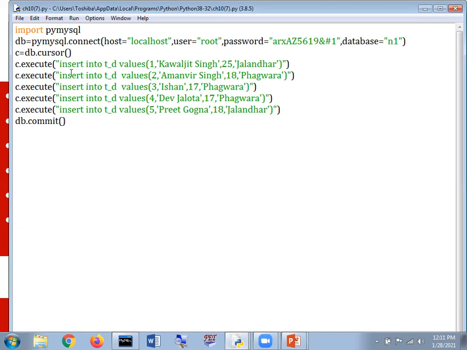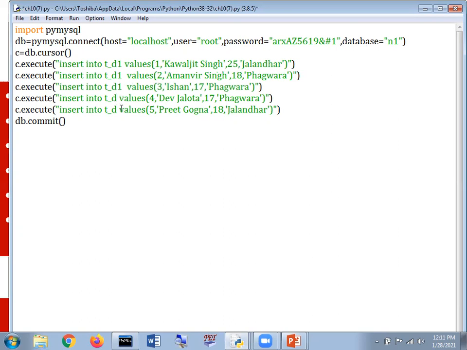After that, what we are going to do here, we are simply going to write MySQL queries with the help of the execute function. And here it is, only one modification we are doing: in spite of writing t_d, we are supposed to mention t_d1. Now, if you remember, when we are doing the same, one important function is there which is called commit. And I have already discussed the concept of what you understand by commit and rollback with a practical example.